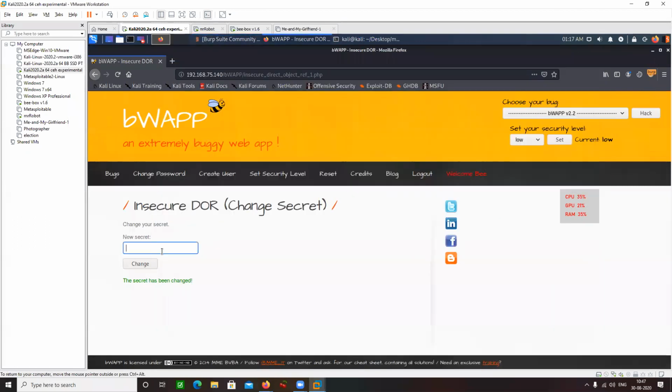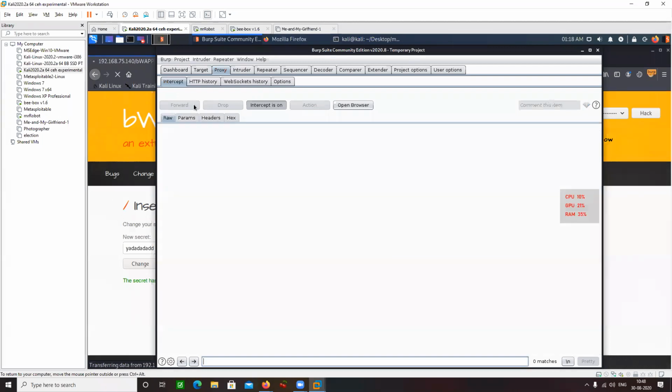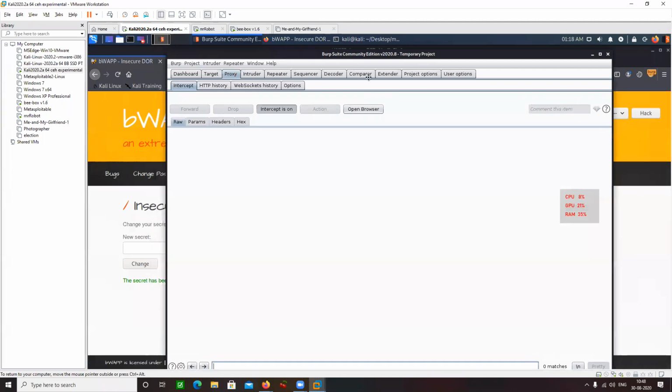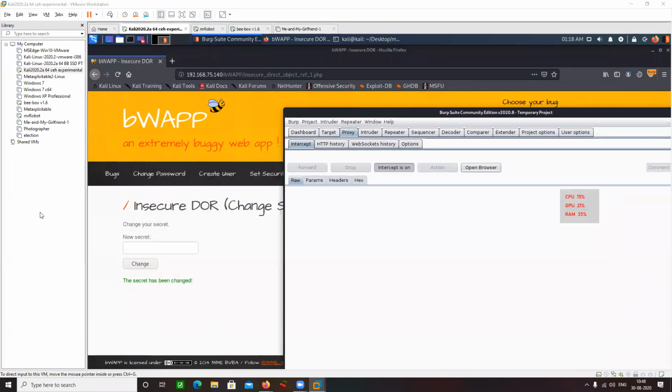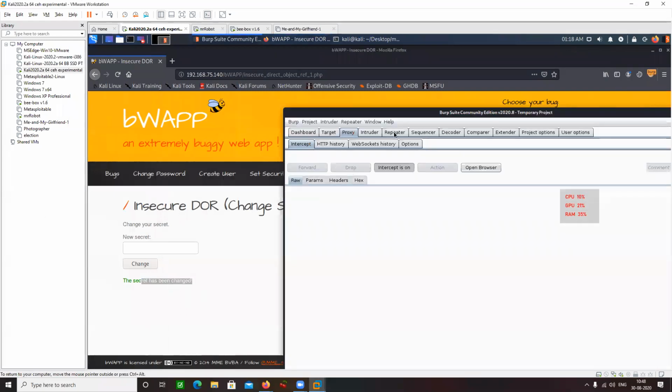Great. Let me just type something like this here. Click on change. It is being intercepted by me here. Okay. Secret is this. Login is bee. Action is equal to change. Let me try to change this username here to root. Okay. Forward. And the secret has been changed. The request was successful.